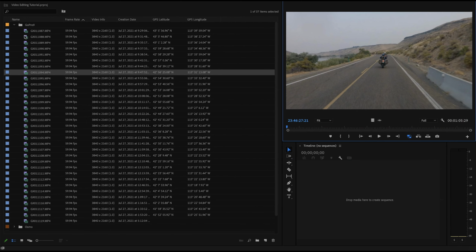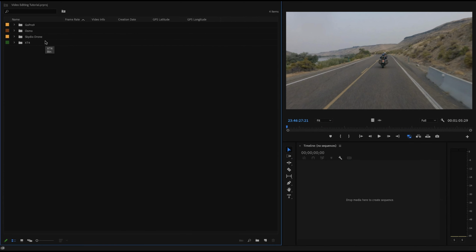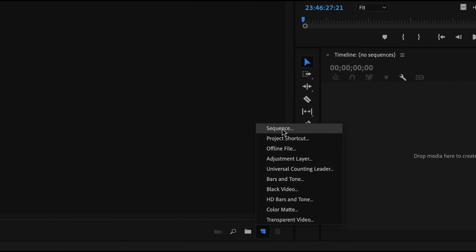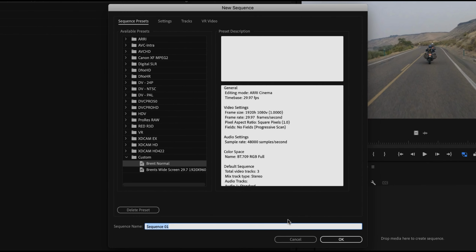Okay, now the next step is actually, before we can start reviewing and sorting our footage out, we need to create a sequence. And a sequence is basically a timeline that's going to be a repository where we're going to be doing our editing. So if I come down to this new, and I say I want a new sequence,